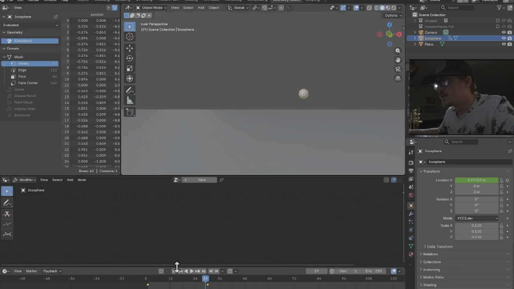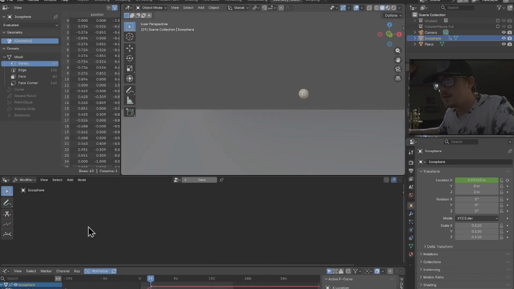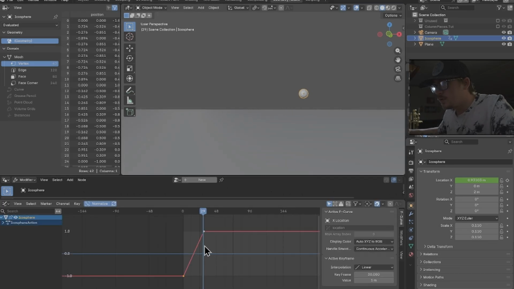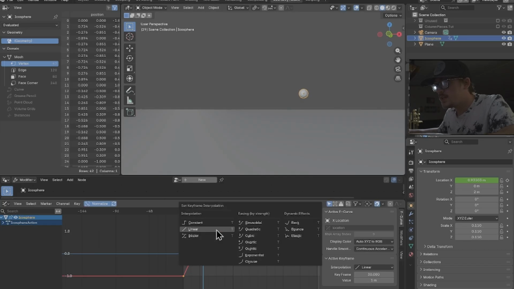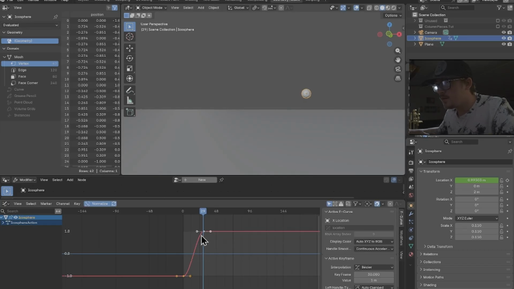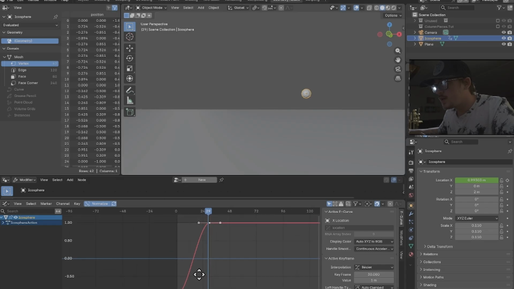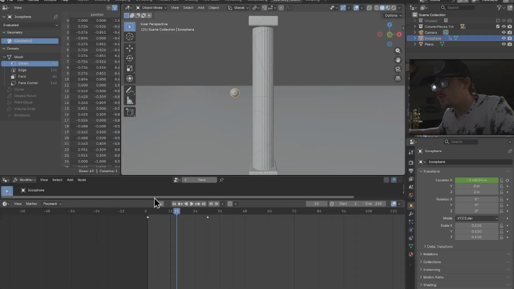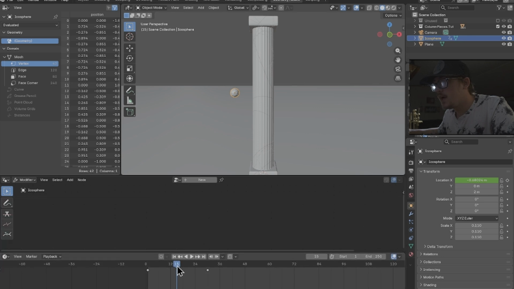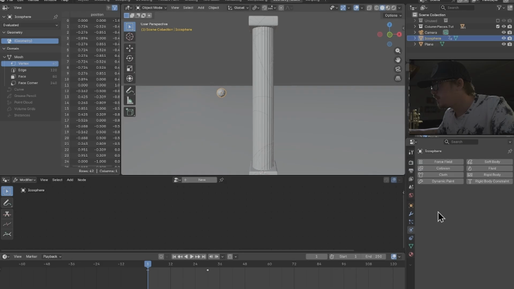So we're going to go to our graph editor, and then we'll select all of our keyframes here and hit T, go back to Bezier. So I want it to kind of go slow and then straight into it, kind of like that. So now that we have our collider set up,